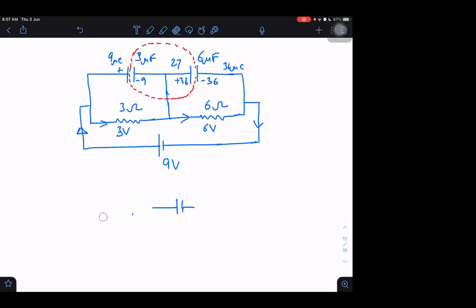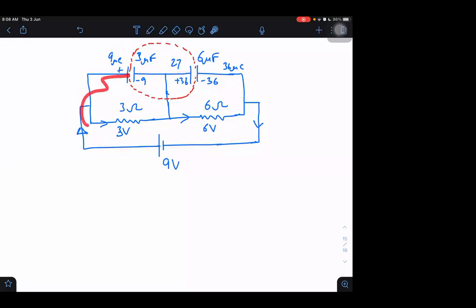Okay. Got it. Sir, this is all after just closing the switch, no, sir? Yes. Not just closing. In this case, it will be just after closing the switch also, because it will quickly attain those charges, as these capacitors have zero time constant. They are not connected in series with any resistance. If I short circuit the battery, you can find out that the time constant will come out to be 0.